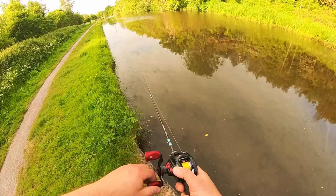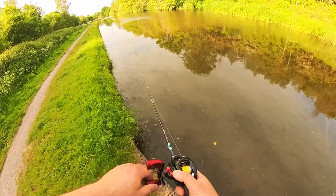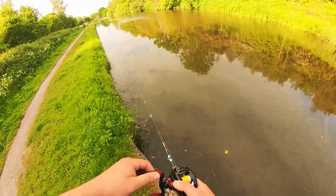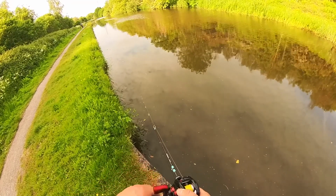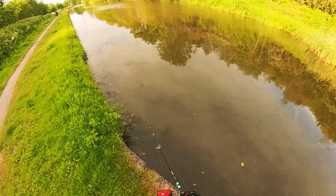This is if you're a right-handed caster, so if you're casting the rod with your right hand and the lure is pulling to the left, as long as you've got your release point right, if it's still pulling to the left, then your brakes might be a little bit too high. So it might be worth backing it down a little touch